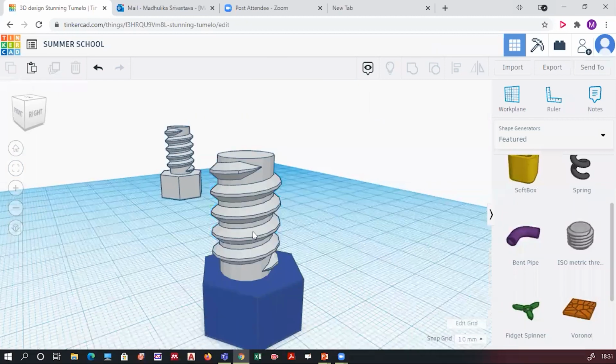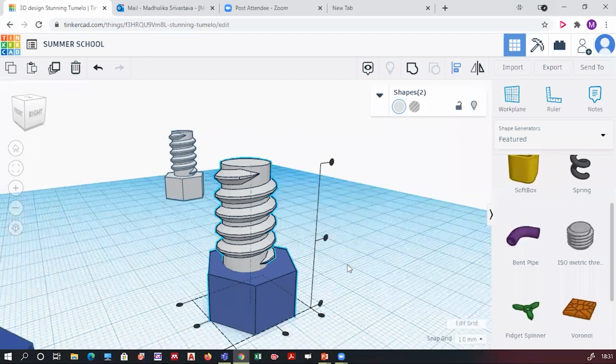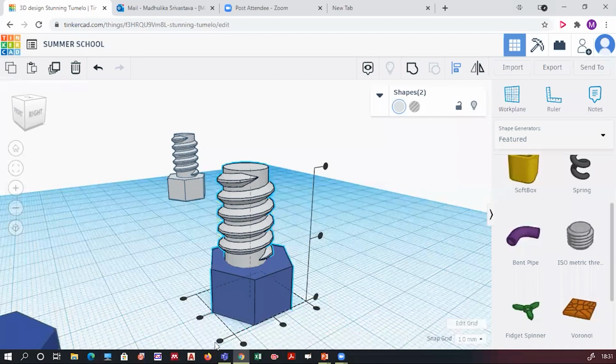Right now, alignment: click on the first object, shift key, second object, the alignment option over here. Now see, when I click on the alignment option, I get 3 dots for aligning. I don't want to align with this side, this side. I want to align it with respect to the center. So I will click on the center and the center.